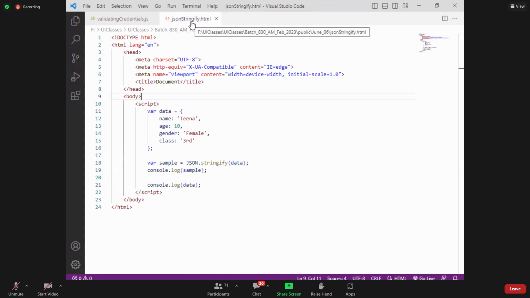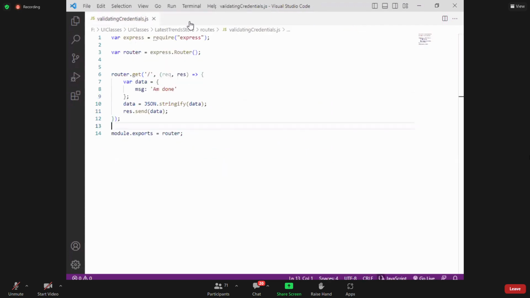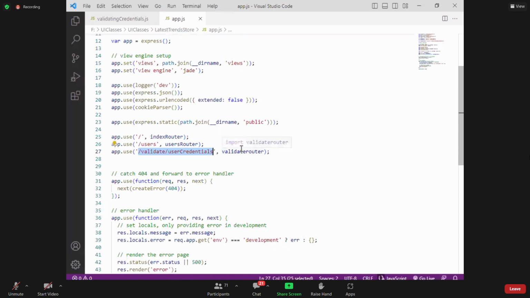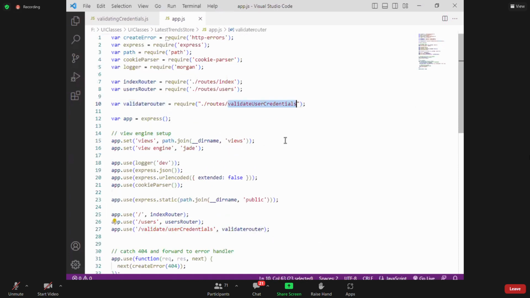Nice. Now coming back to this guy. Now you are even clear with JSON.stringify also. Why do we convert this guy into a string? That is one. You are even clear with creating a web service. Now, after I create this validation credentials, what all do I need to do? Go to the app.js file. I even need to create this web service. What all have I added? /